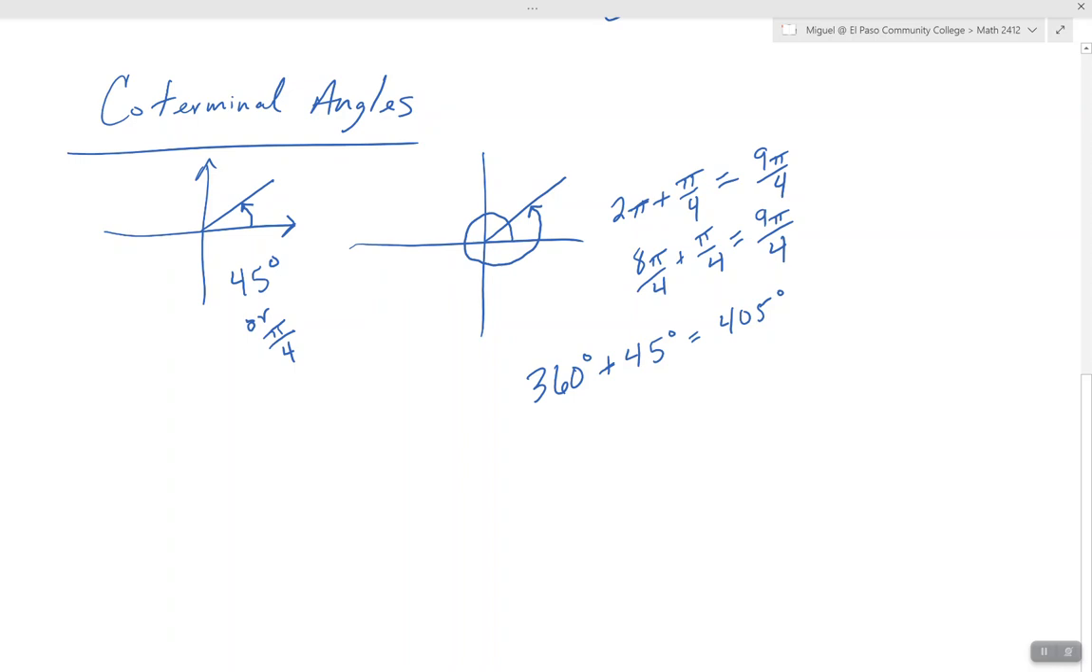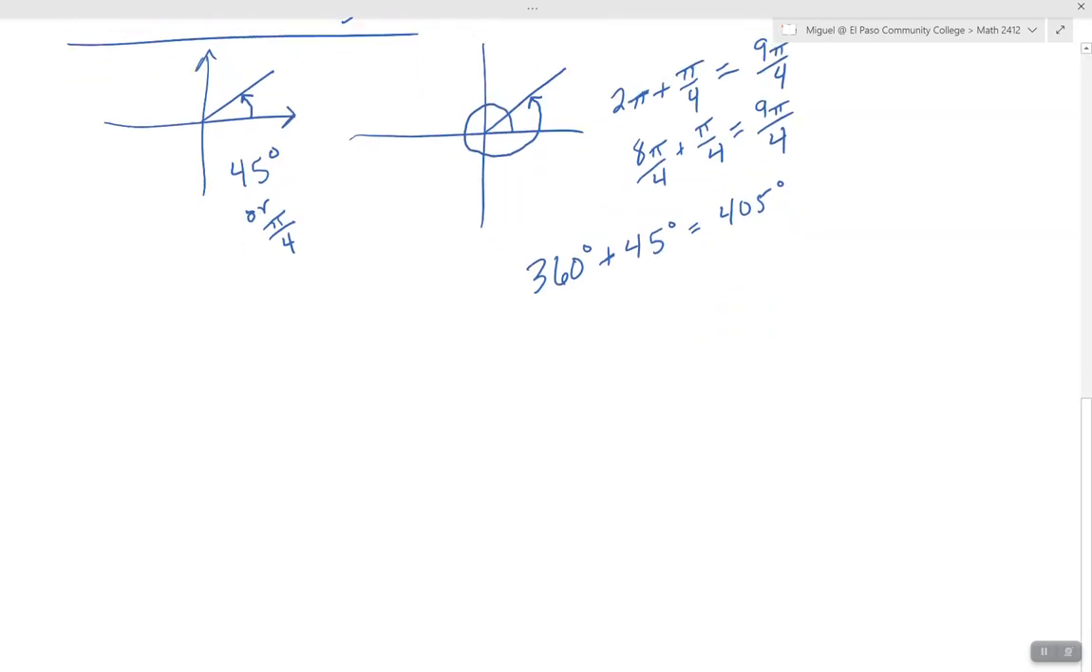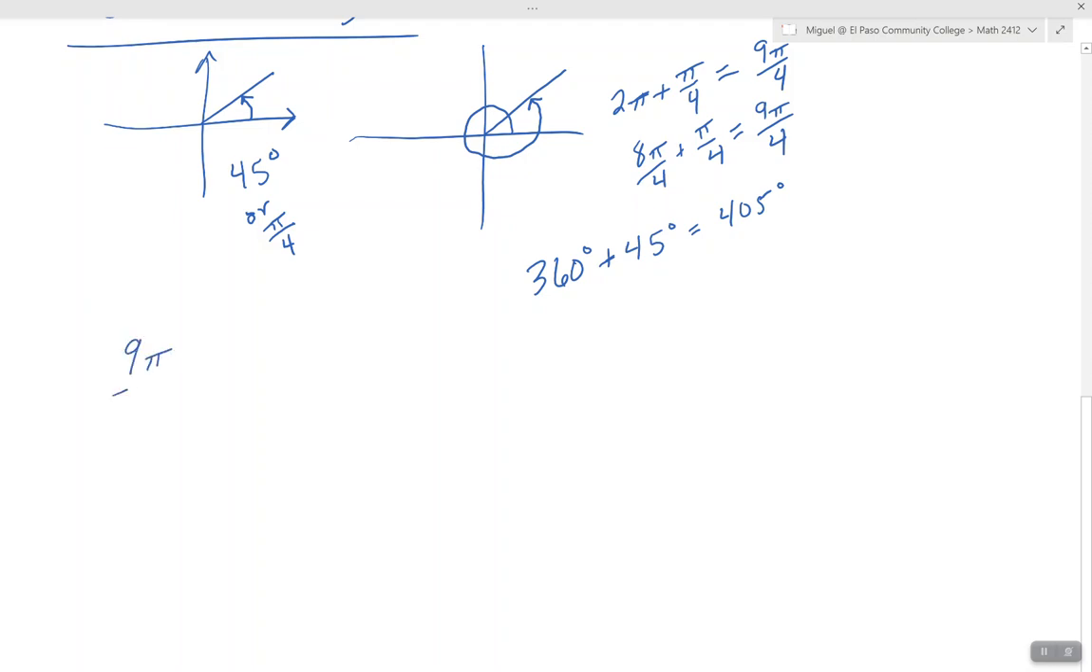Now, we know 45 degrees is pi over 4. We know 9 pi over 4 is 405 degrees. How do we convert from one to another when we're only given those measures? Converting from